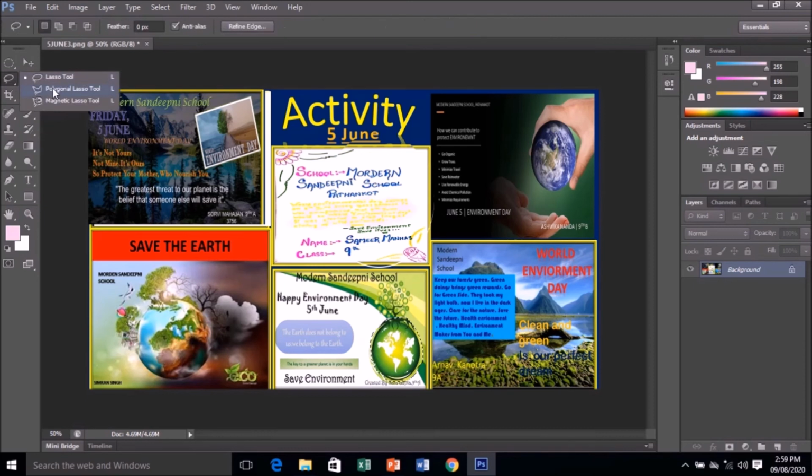Next we are choosing the magnetic lasso tool. With this tool we can select an object which has very complex edges, like flowers.